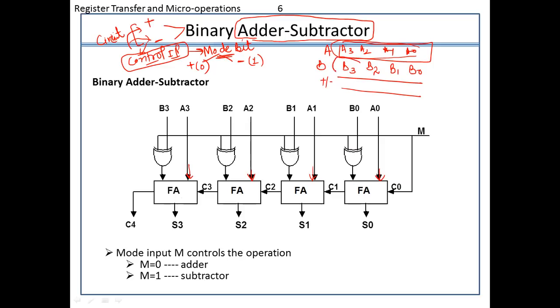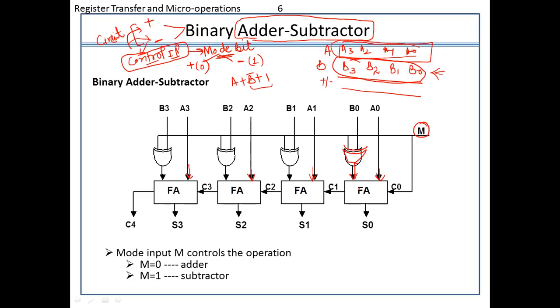But in case of subtraction, I need to look at these values, because we know that in case of subtraction, we take the complemented value, the two's complement of the second number, right? So for that, I need to implement a logic here. For this logic, what I am doing is, for this input, I am having one input from this mode bit and another from this B0 value or the B register only. Okay. So I am using an XOR gate here to get this output.